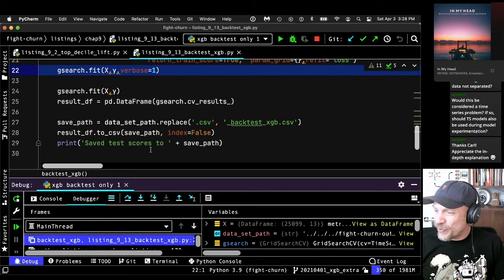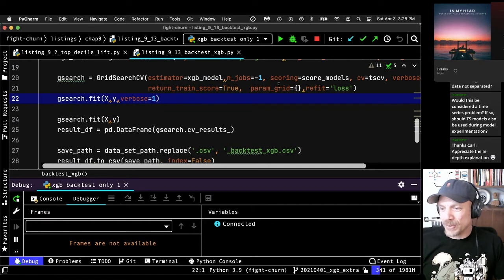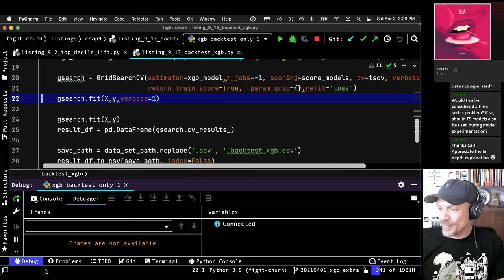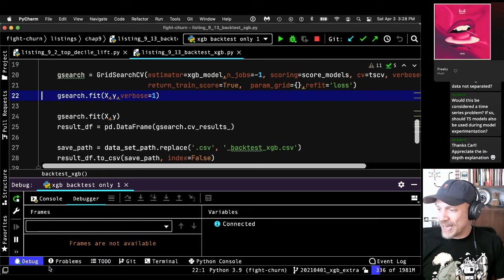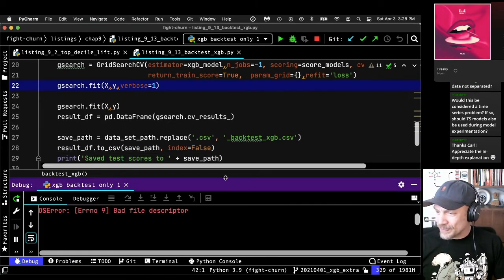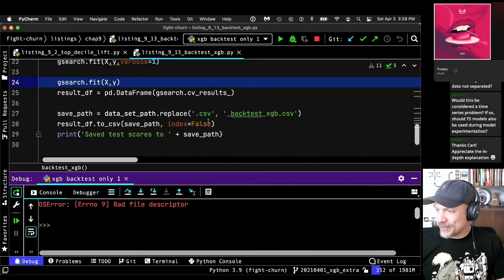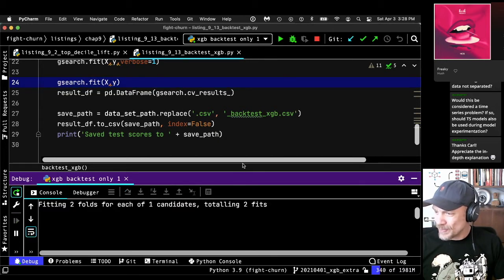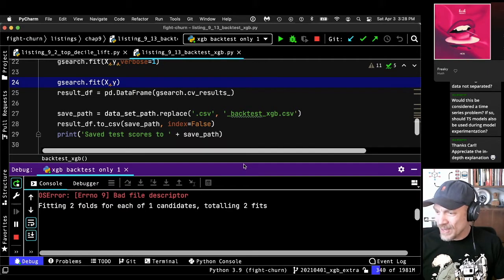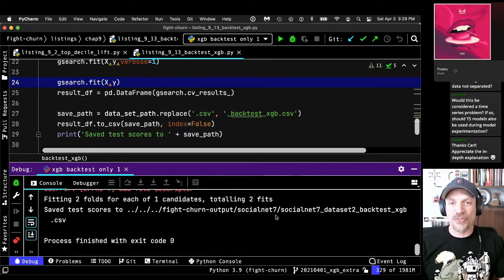So anyway, actually doing the backtesting is easy. You create the grid search object with your time series, and then you call it. And it's running right now. It actually takes a minute. Where's the console? So we're running it. Well, I think it's running right now. Okay, there it did. Now it finished running, and we have to run it again, unfortunately. So now it's actually fitting. And here I'm just going to save the result out to a file.